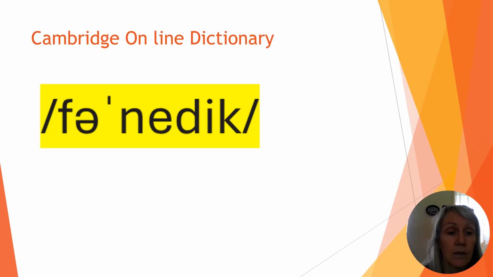So again, I'm using this word from the Cambridge Online Dictionary. So we see the F sound, which is F. We see that schwa E. Now, because the stress is placed on, that symbol usually begins the stress on the next syllable. So it's actually schwa, so it's not a lot of pronunciation. So it's F, F, F, F. Then we see the N sound,